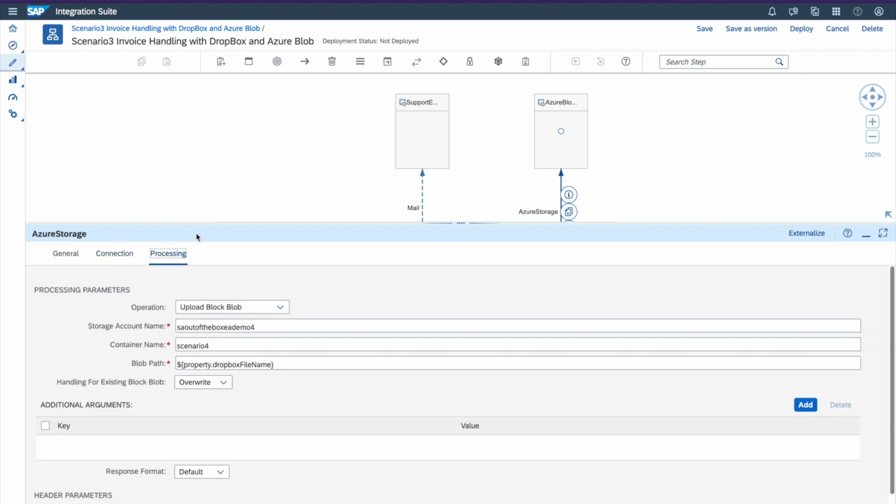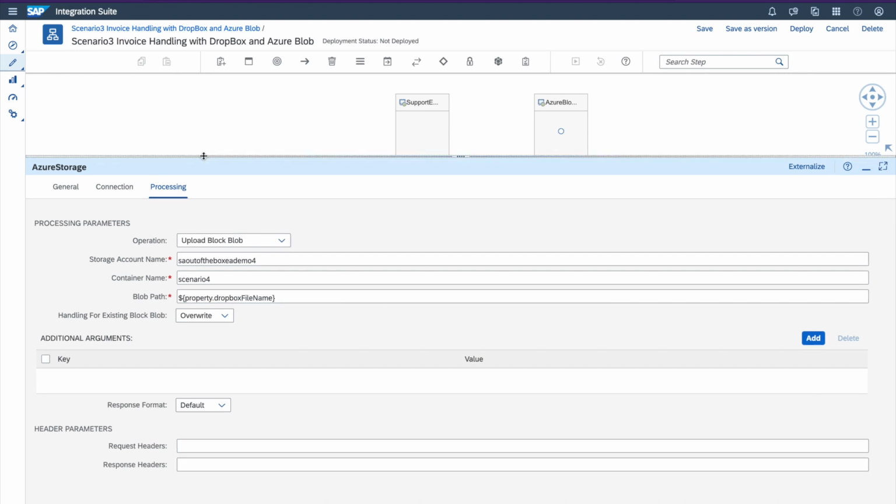Now the processing is important. In the processing, I want to upload a blob. Okay, basically what is a blob? Azure is a cloud hyperscaler where we can do all the cloud operations. Azure Blob is one of the artifacts, or kind of object, that Azure offers, where we can store different types of digital content like files, images, videos, and all different kinds of digital content. So in this scenario, we will be loading the zip files in the Azure Blob container,